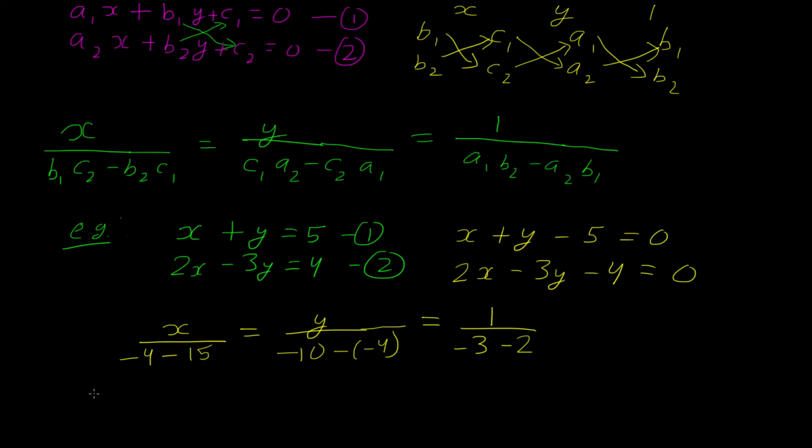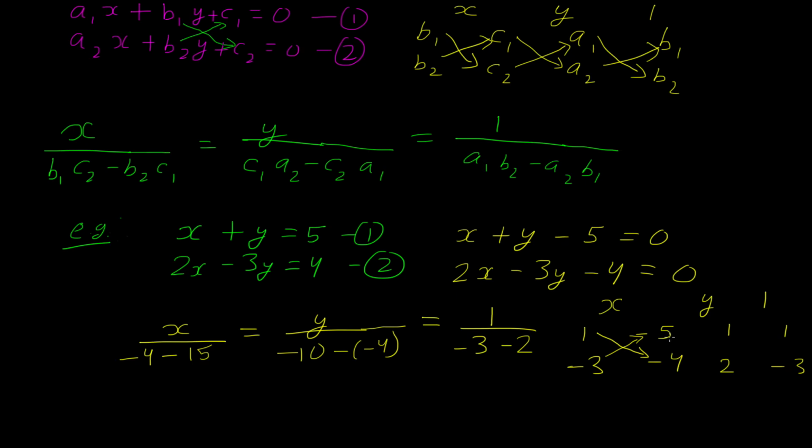So if you have difficulty directly writing this process, you can first write it in this form. Let us quickly do that. You have x, you start with 1, minus 3, minus 5, minus 4, so b1 b2 c1 c2. Then you write y, and you have a1 a2, then you have the constant 1, and then you again repeat b1 b2. And from here you can do the same thing. 1 multiplied by minus 4 is minus 4, minus of minus 3 times minus 5 is 15, so minus 15 is equal to